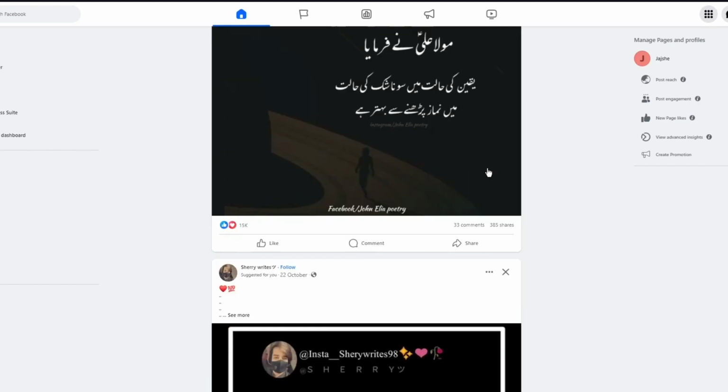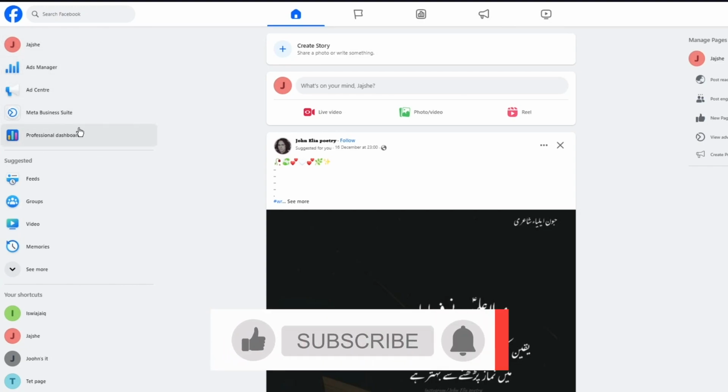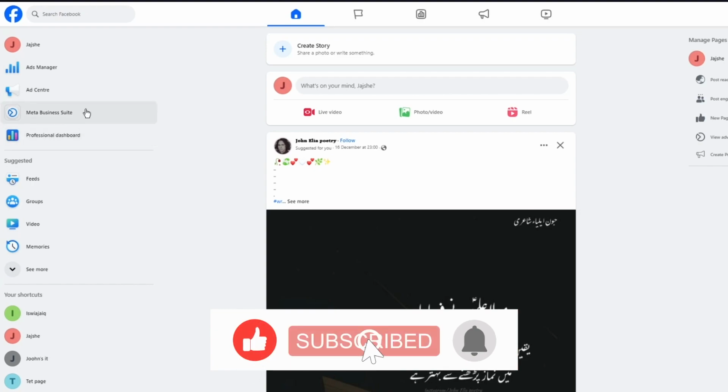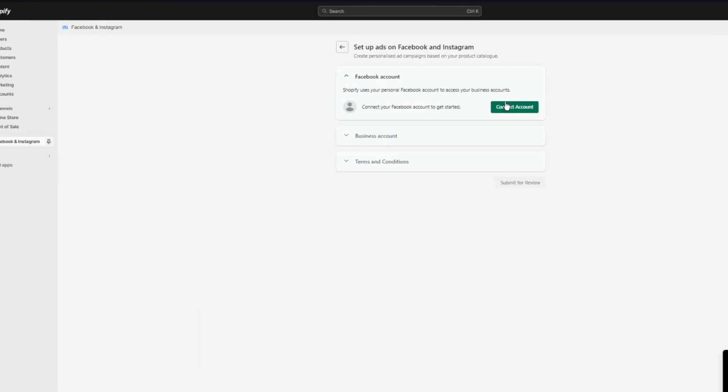So you can actually come over here. And once you're over here, make sure that you have a professional account. And once you have a professional account, you can actually access the people at Meta and create a professional shop from there. Now, obviously my shop and my account is set up, so from here, what I'm going to do is